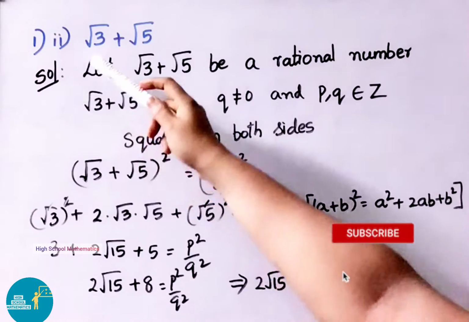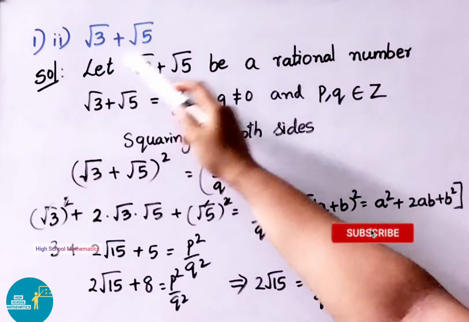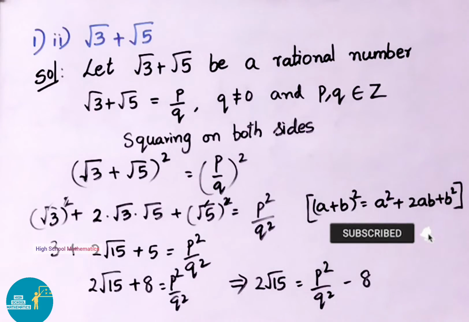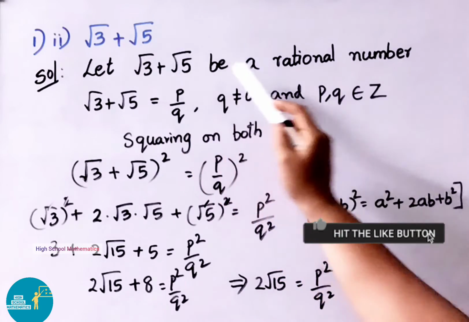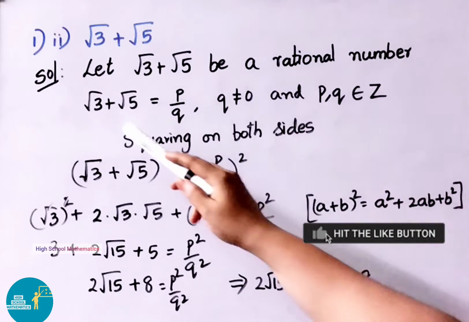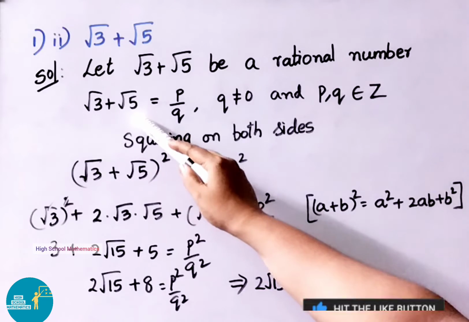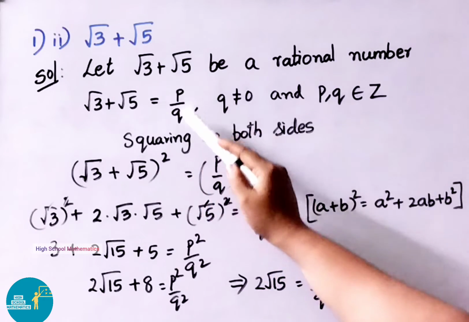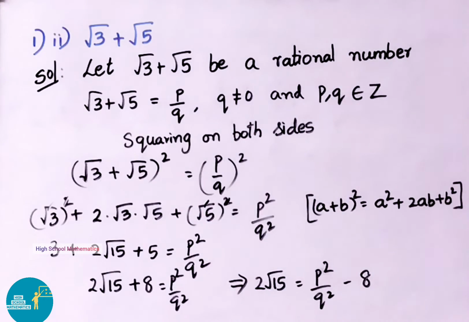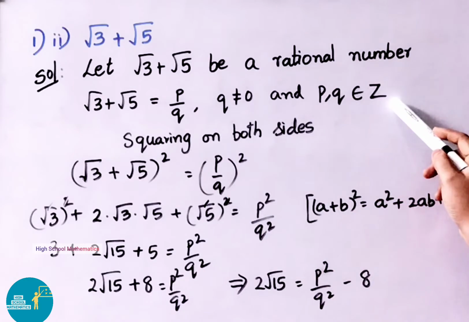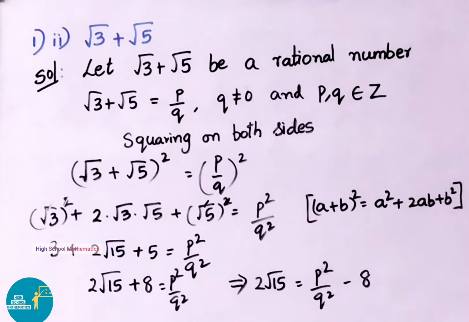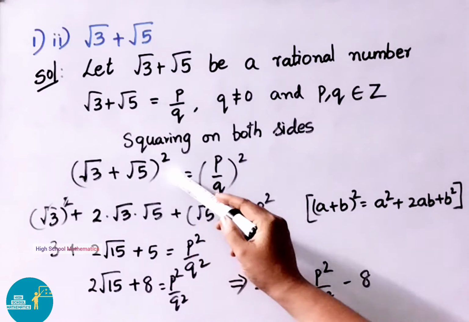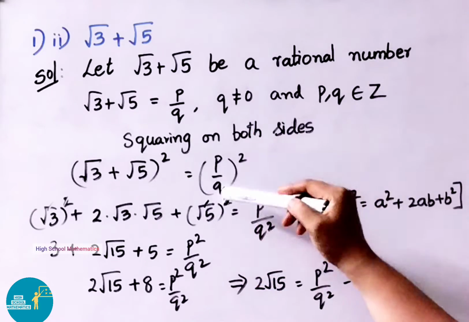See now question number 1, second sum, square root of 3 plus square root of 5. Let us see the solution. Let square root of 3 plus square root of 5 be a rational number. Let square root of 3 plus square root of 5 equals P by Q, where Q is not equal to 0 and P, Q belong to integers. Now we have to do squaring on both sides. That is, square root of 3 plus square root of 5 whole square equals P by Q whole